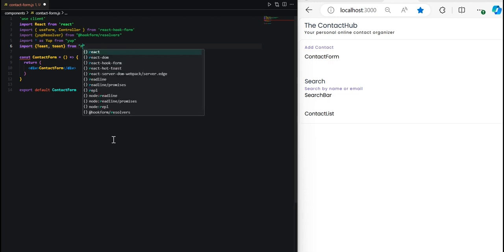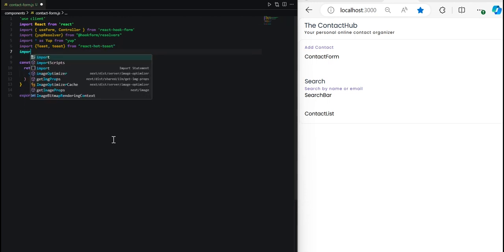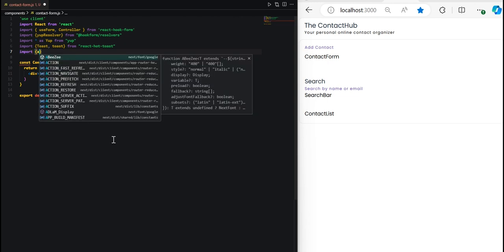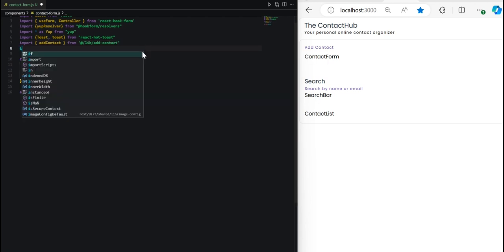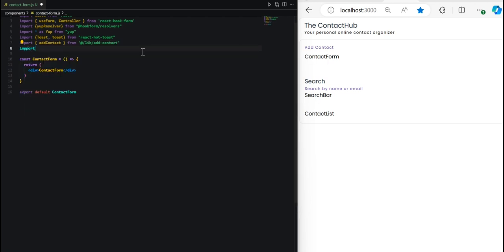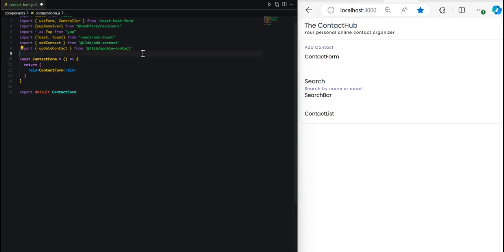This is coming from react-hot-toast. Finally, we'll want to bring in the server actions that we created, and the two that we created were addContact and updateContact. Okay. So with those imports out of the way,